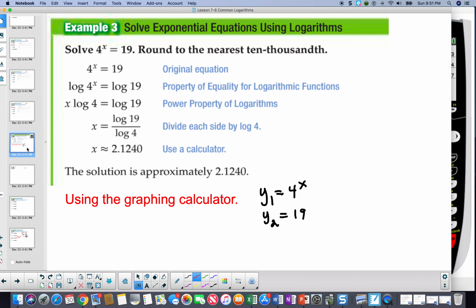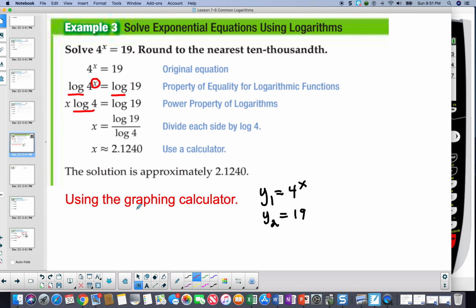Let's go ahead and solve exponential equations using logarithms, and in this case we're going to be using the common logarithms. So what we want to do is we have this expression, and we're going to take log on each side. Now remember, this is base 10, this is the common log, and then we're going to be able to take x and bring it down. And this is just a number, and to get x by itself, we're going to divide by that number, put this in the calculator, and we're going to get 2.1240